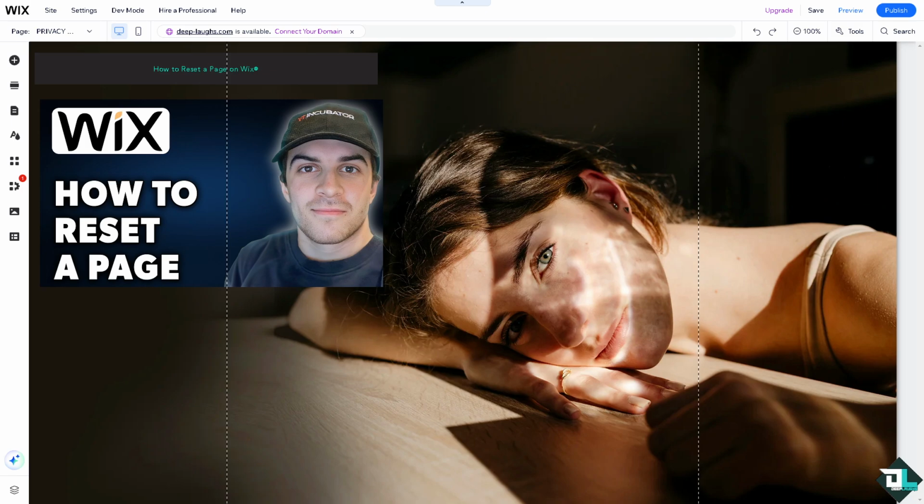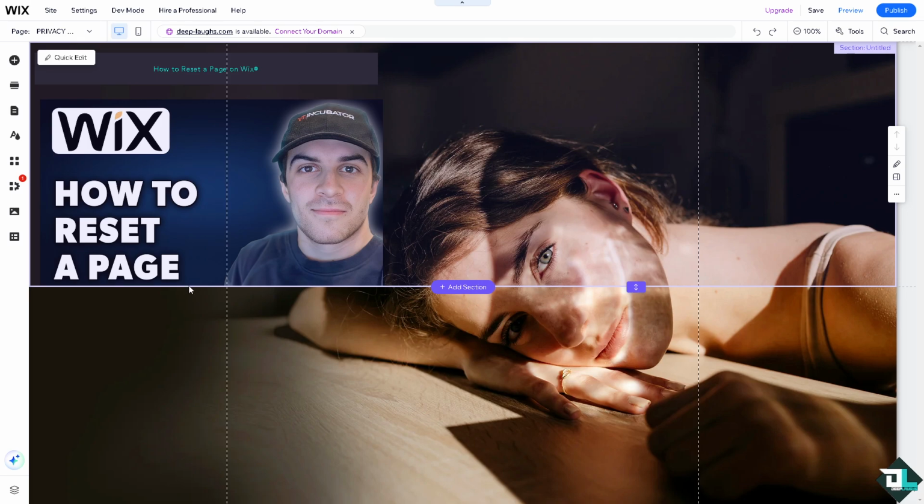Resetting a page on Wix is a straightforward process that can be done in multiple ways. Number one option is if you want to restore to the previous version. For example, in my case, I have done so many things in this specific page because I am creating so many videos and tutorials for you guys. For me to be able to restore to the previous version, kind of like a reset,